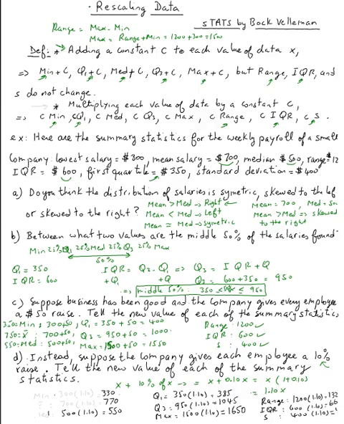So we're going to use this part of the definition: multiplying. When you multiply, it means multiply everything. Even the spread, you're going to multiply it by 1.10. So the min will be, what did we say? 300, but it's 300 times 1.10. We'll do that later. The mean will be 700 times 1.10. So we multiply everything by 1.10, even the spread. The median